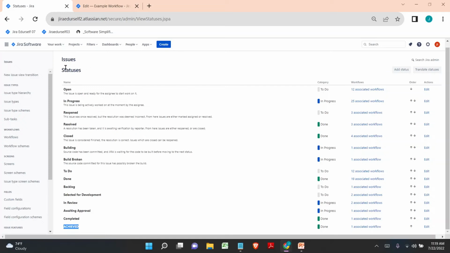Alright, now we can see the names of the statuses on the left side and we can see the workflow status category. Now what is the workflow status category? The workflow status categories are nothing but the status groups for your statuses. Like we have the default three statuses in JIRA. We have to do, we have in progress, and then we have the third status as done. Basically these are the three statuses given by JIRA by default, and